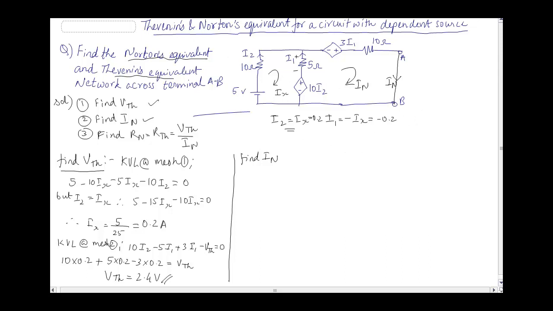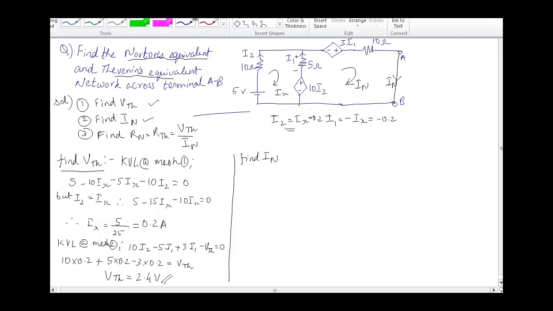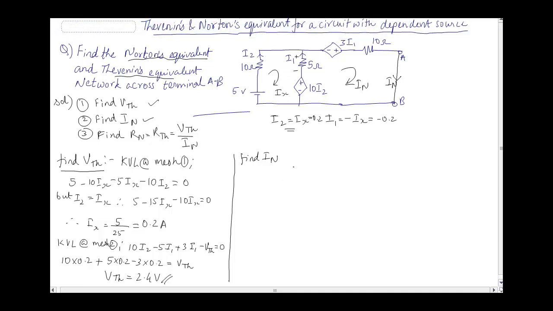Okay, now for this one, let me do the mesh analysis now. So mesh, not mesh, KVL at mesh. Therefore KVL at mesh 1. So KVL at mesh 1, so Ix is flowing like this, so this is plus minus, already this polarity is given, so I have to write straight away plus 5,